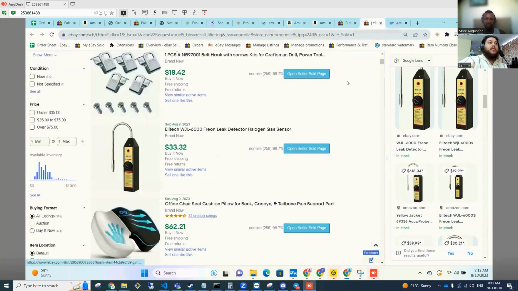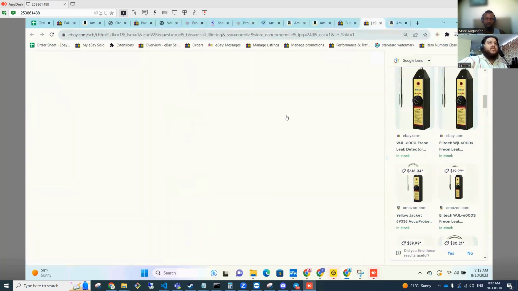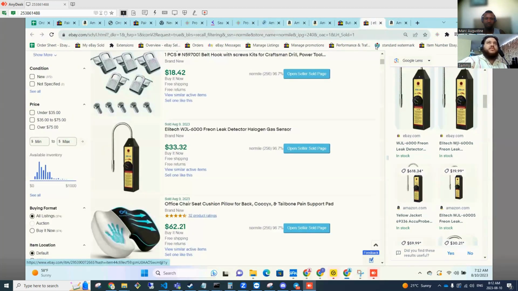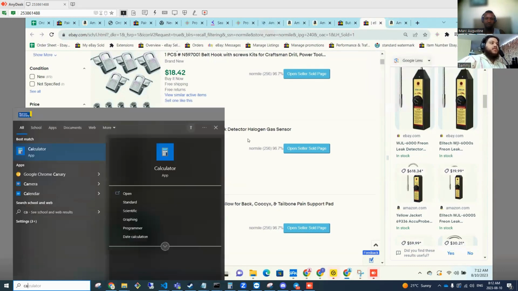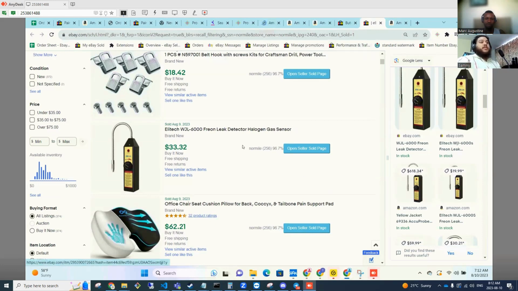So his markup is what, more than 65%? Yeah, maybe 70, 80%. Let me pull up the calculator real quick. The price is $20, so 20 divided by 70% because it's like $14. I'm getting 60. So this one is just a little bit below. But yeah, he's a good seller, man.